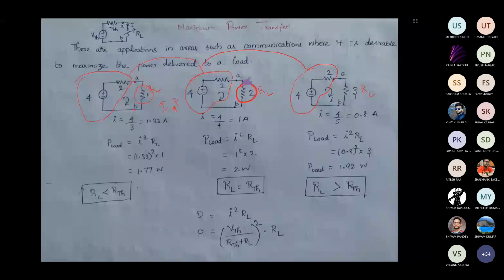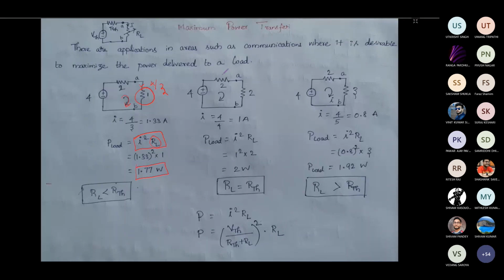Then I am finding the current through the circuit, and then I am going to check the power dissipated in the load. For the first circuit, what is the current that can flow through this? That is nothing but 4 divided by 3, right? If I find the power dissipation of this resistor, it is given by I squared R. That is written here. I is the current flowing through this path, and R is the load resistance value. So you can see here that I am getting the power value as 1.77 watts for the first circuit.